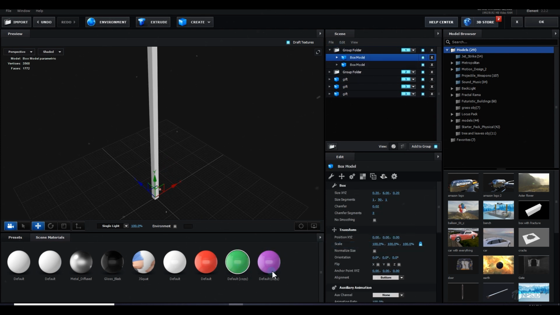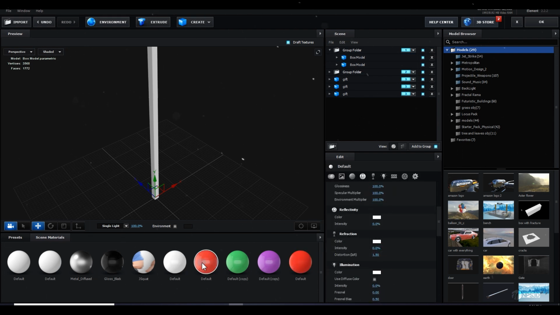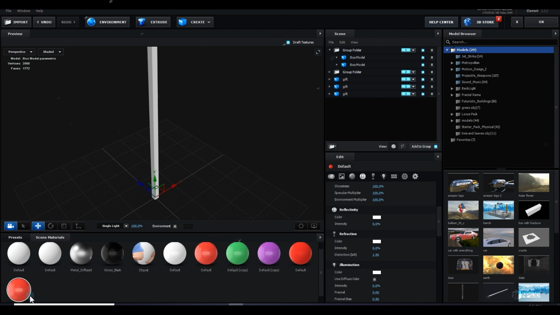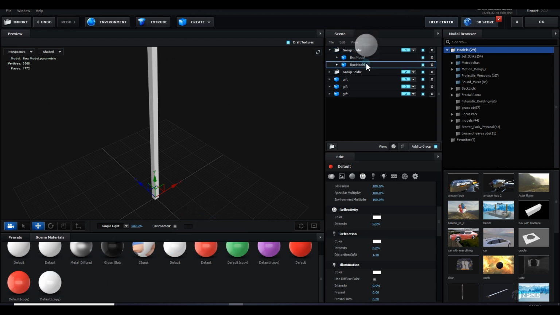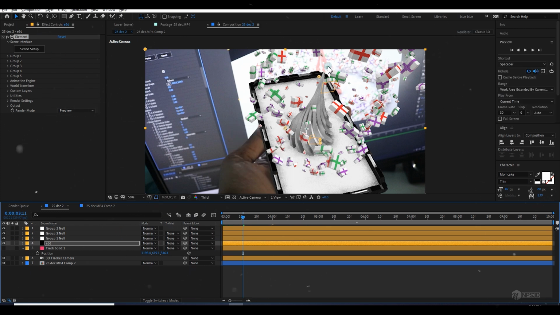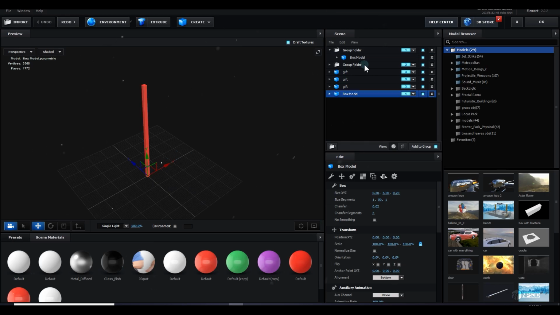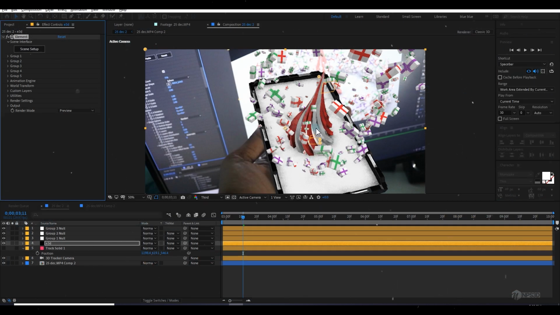So fine. Let's create a new material and apply to this box, and let's make this red and do the same thing which I did with this one. So what I can do, I just duplicate this material and apply it to this box and duplicate the white one and apply it to this. Now you can see it should change, what's going on. Go to the scene setup again. So let's make them both boxes out of this group. So now you can see few lines are red, few lines are white.